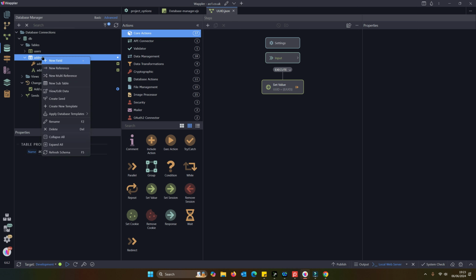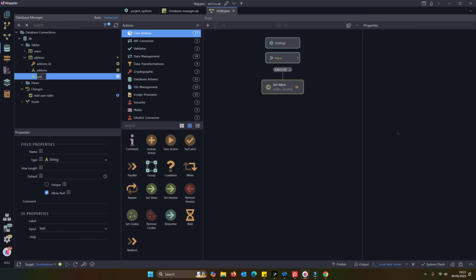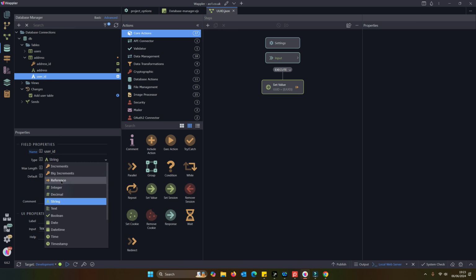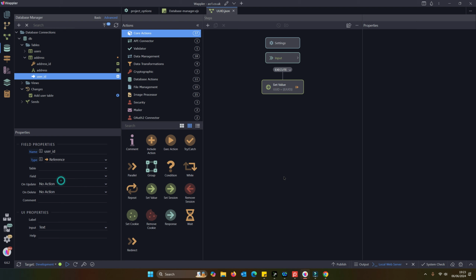All we do is we create a new field, we give it a name. In this case, I'm just going to stick with the name of what it refers to. Sorry, got new teeth. And we change that to a reference field. What we do is we're telling it that field there is actually a reference to the users table, and it's a reference to the field user ID. We can also set our actions. So in this case, I want the update to cascade and the delete to restrict, just to ensure we maintain data integrity.